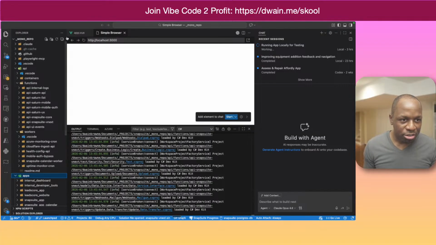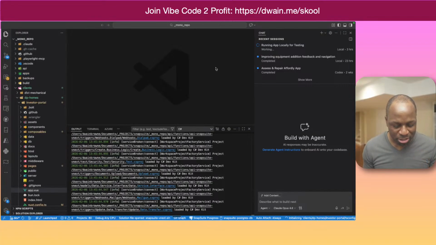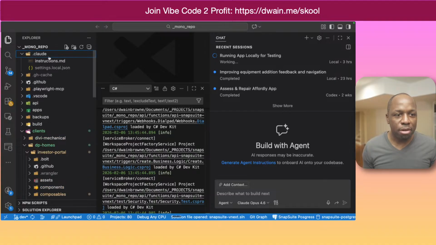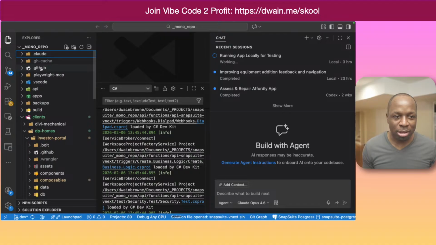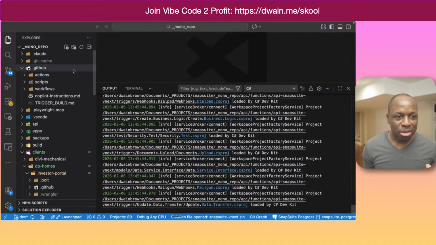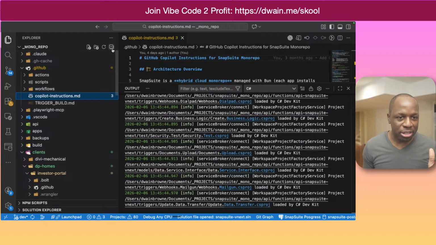Here. So yeah, at the very, very root of the project, I have, and let me see if I can make this a little bit bigger so you might be able to see. Yeah, so the very, very root. I do have a Claude instruction, but it basically just points you to the GitHub file, because I do use Claude sometimes. But the GitHub Copilot instructions file is really a reference to my documentation.